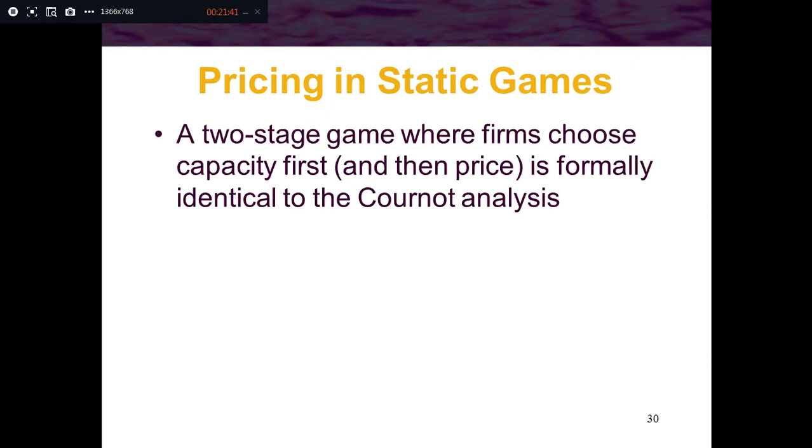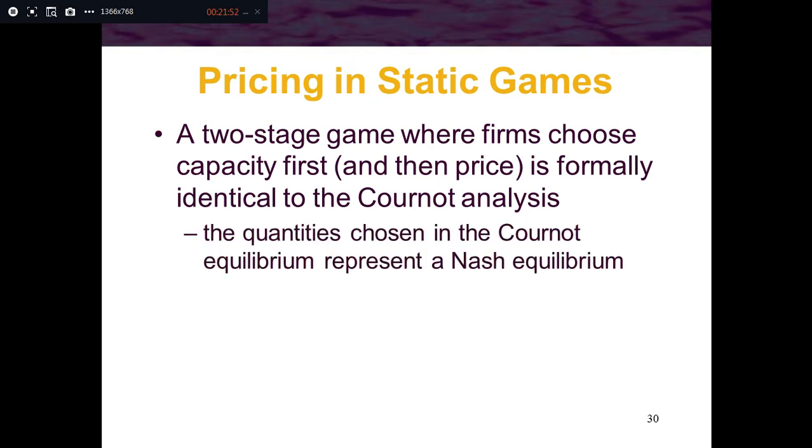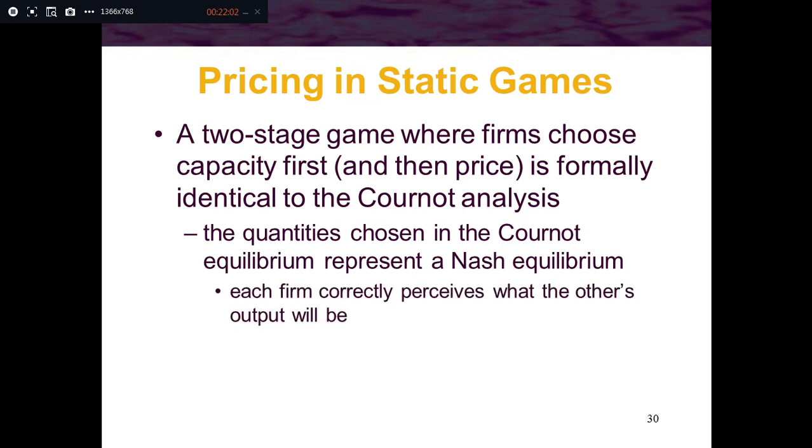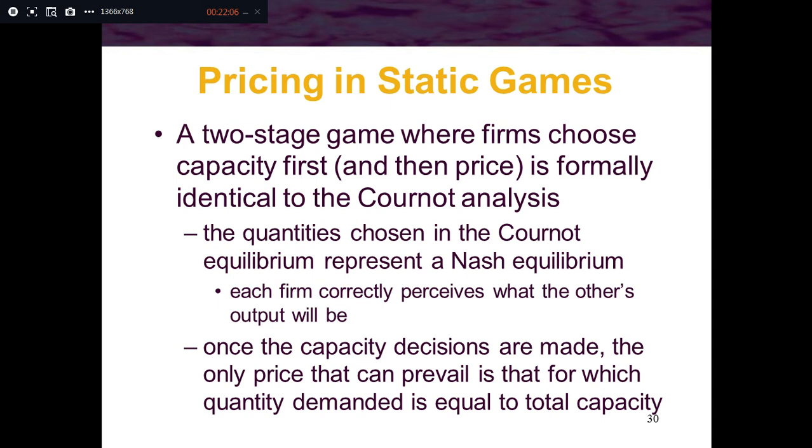So a two-stage game where firms choose capacity first, then price, is formally identical to the Cournot analysis, in which the quantities chosen in the Cournot equilibrium represent a Nash equilibrium. So each firm correctly perceives what the other's output will be. So once the capacity decisions are made, the only price that can prevail is that for which quantity demanded is